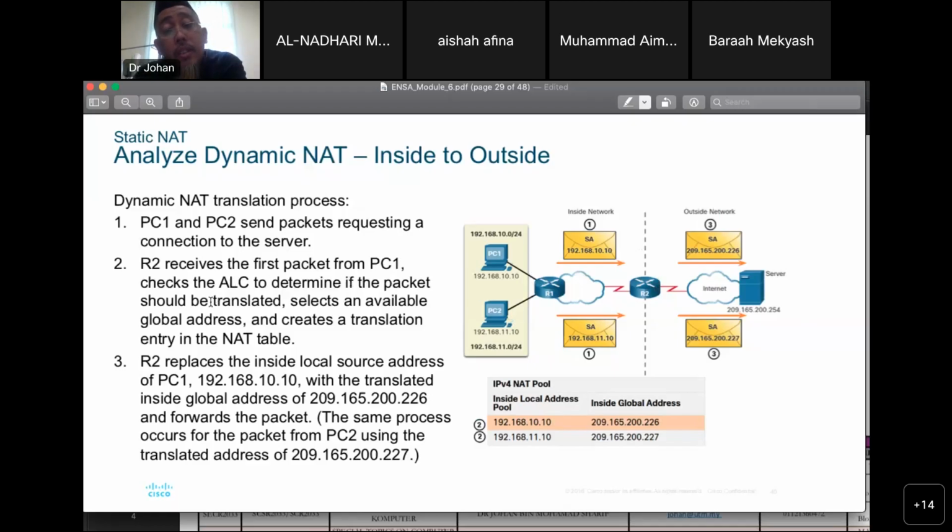Let's check the ACL. Check the NAT to determine if the packet should be translated. Select an available global address and create the translation entry in the NAT table. And then R2 replaces